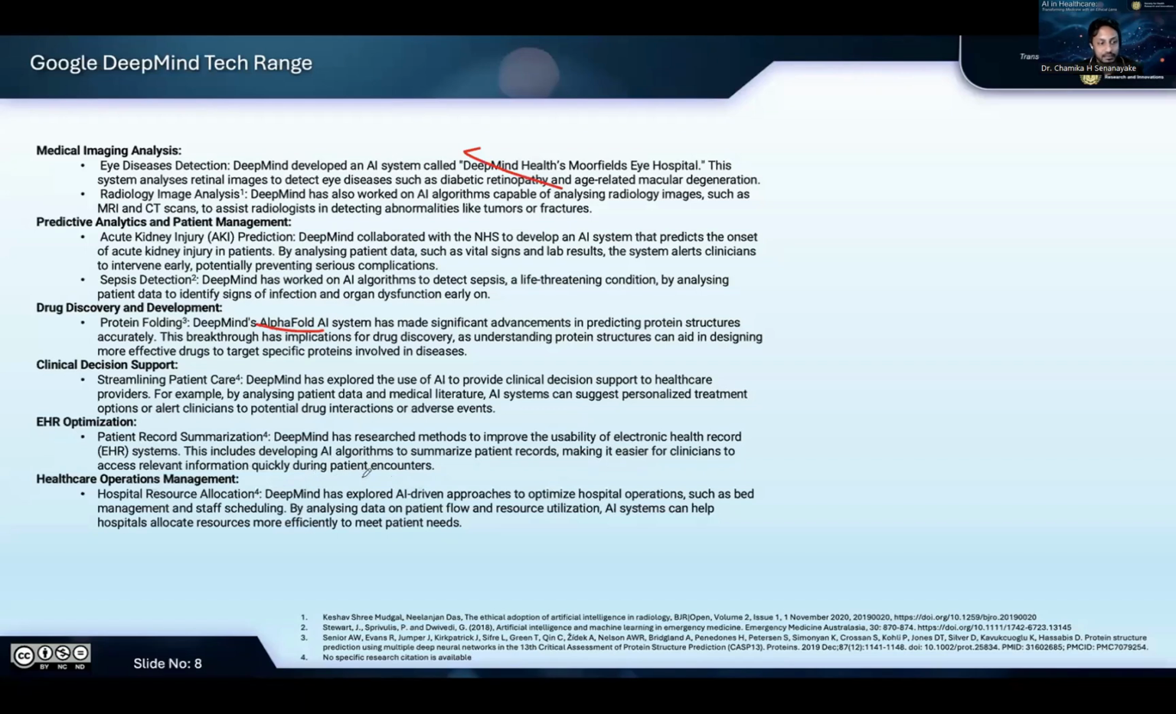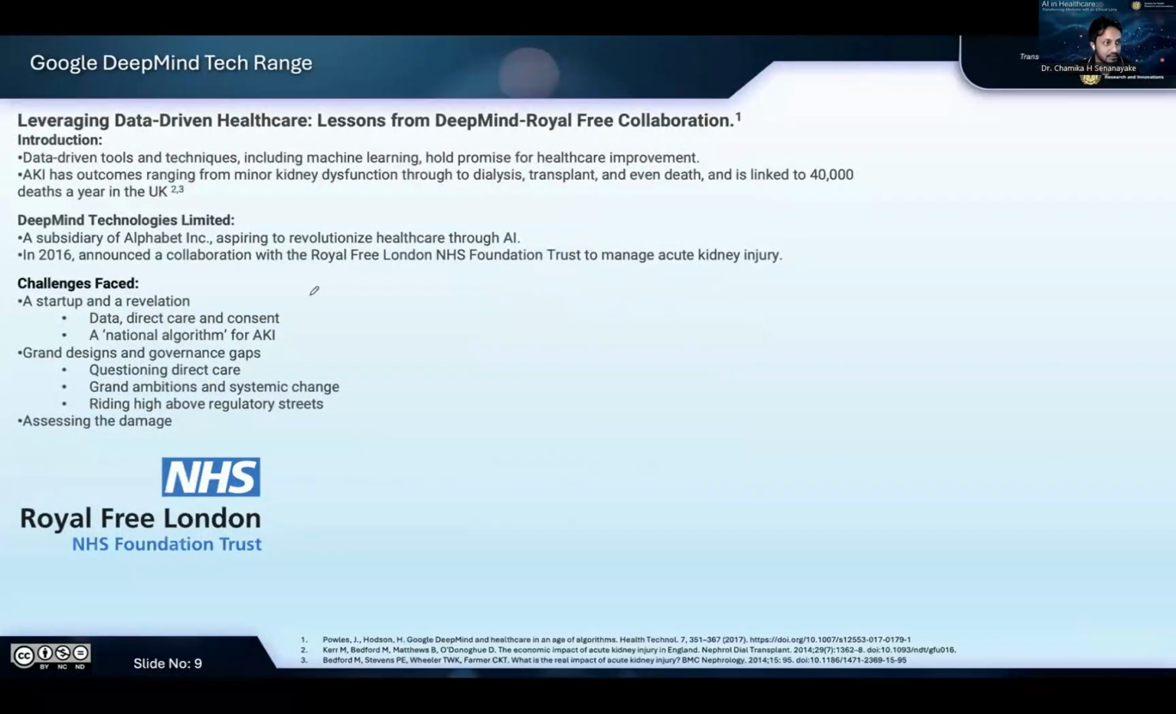during patient encounters. Also, healthcare operation management, like hospital resource allocation, and they have given a lot of systems. So as I told you before, I think Google, for acute kidney injuries, there's a collaboration with